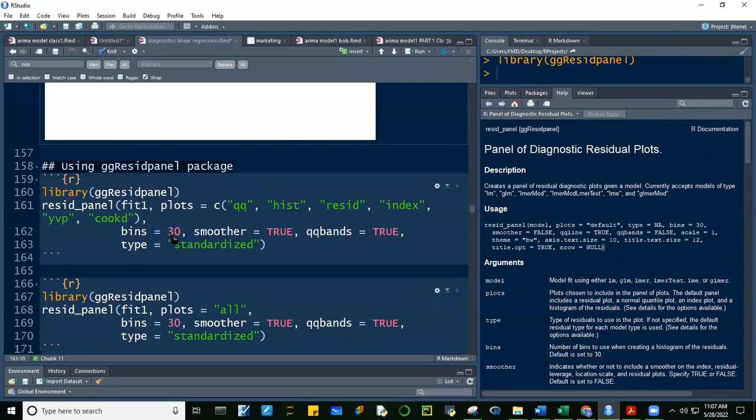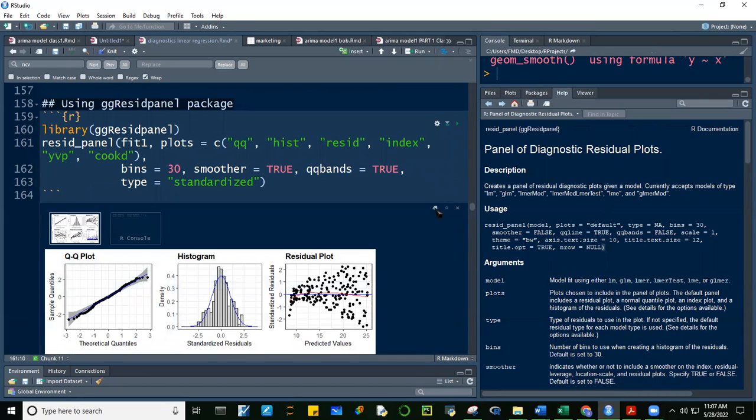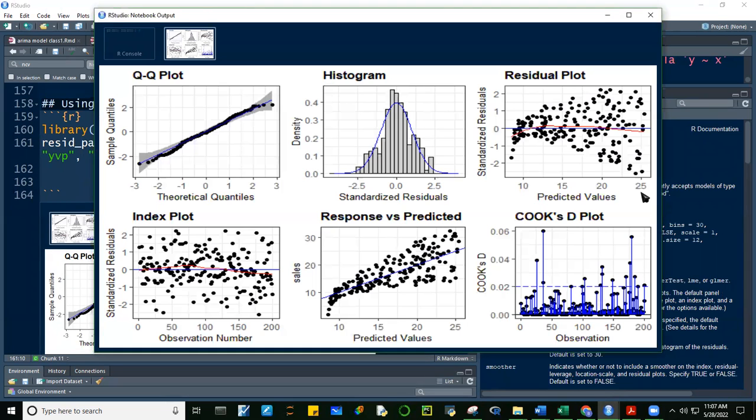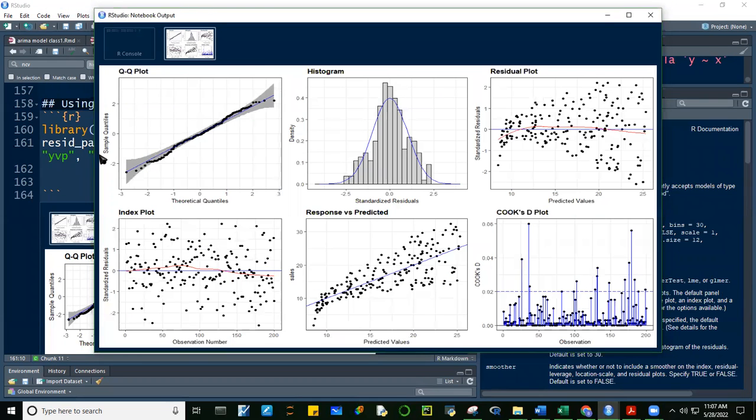Sa histogram, ang bins na 30, tapos smoother is equal to true. Ito yung smooth line sa LM, and then ito yung QQ bands true, and then the type is equal to standardized. If we run this, so animang plots ang ibibigay sa atin dito. Okay. And for me, it's better than yung kanina, no? So ito, guys, this will tell us that